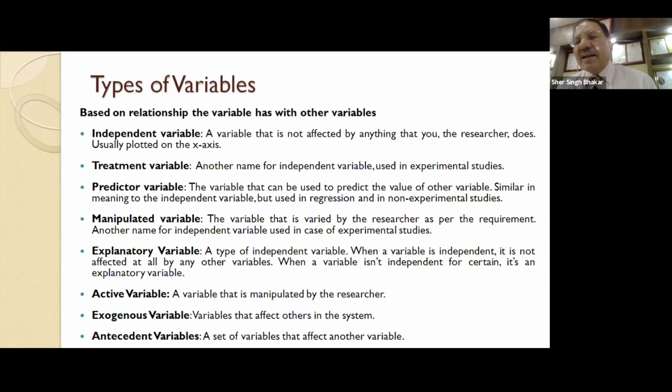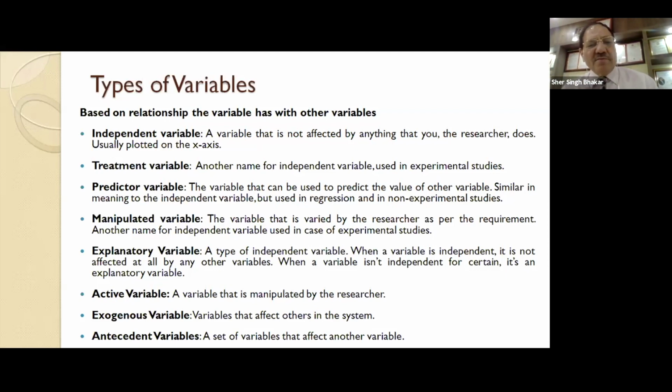Whenever we are using regression, that means a tool that is used for prediction, then the independent variable is called the predictor variable. In regression, the independent variable becomes a predictor variable, and the value of the dependent variable can be predicted if we are able to find the value of the independent variable. Therefore, this name predictor variable is generally used only in case of either regression or structural equation modeling, where it works principally based on the regression method.